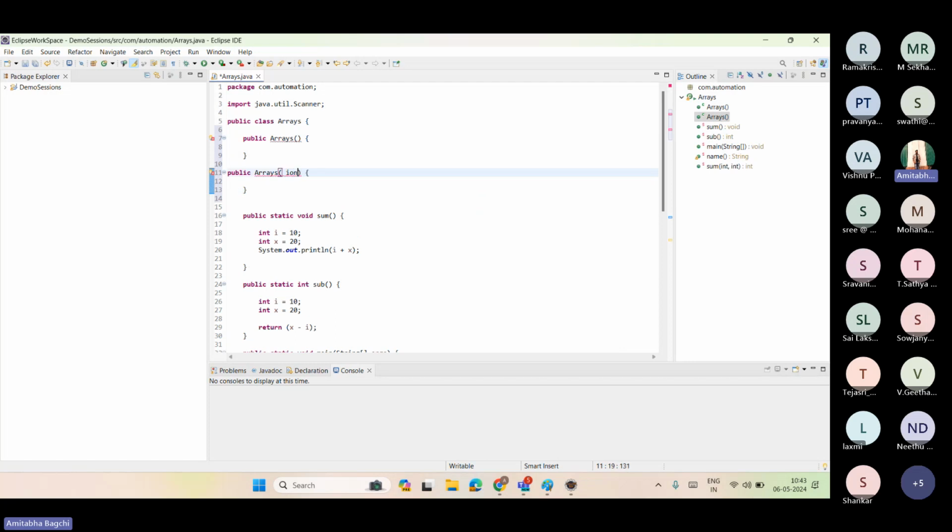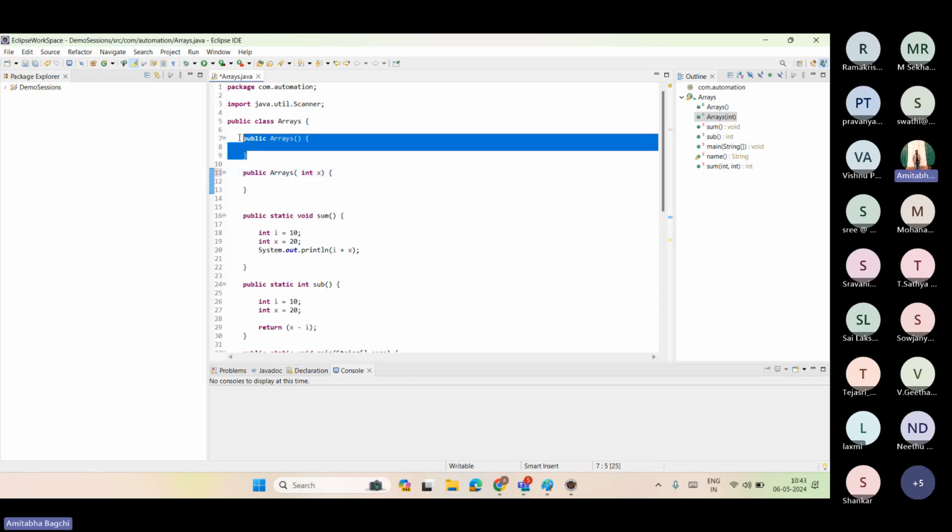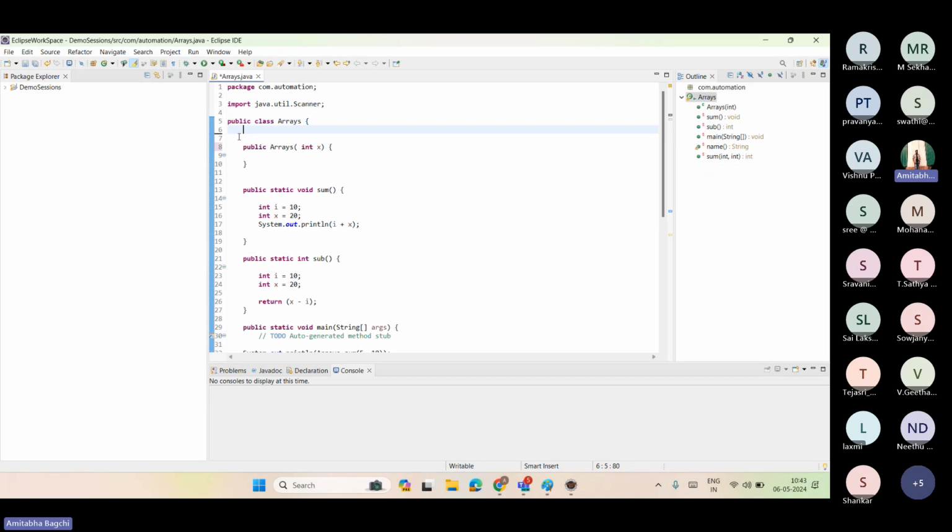Constructor is a method, nothing else. Constructor is a method with a special capability. That's it. Now I'm removing this part. Just suppose I have only written one constructor with index. Now if I give control space,